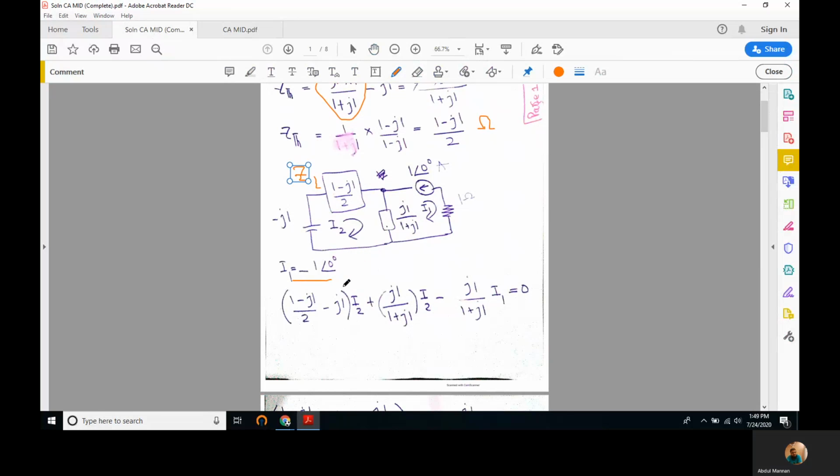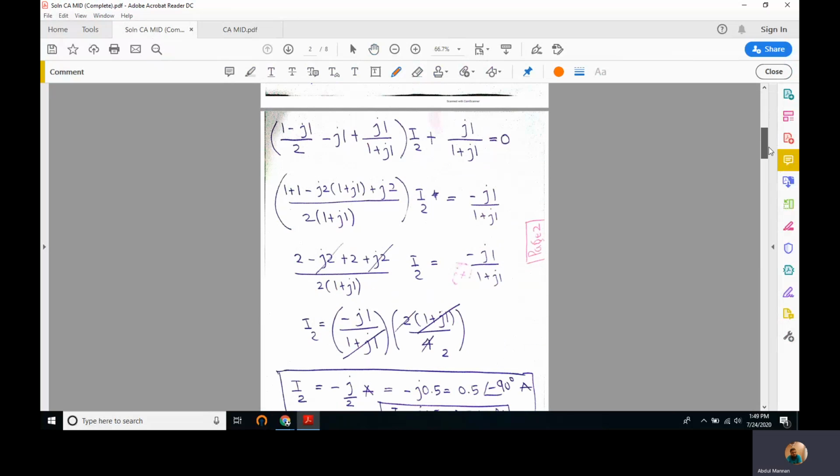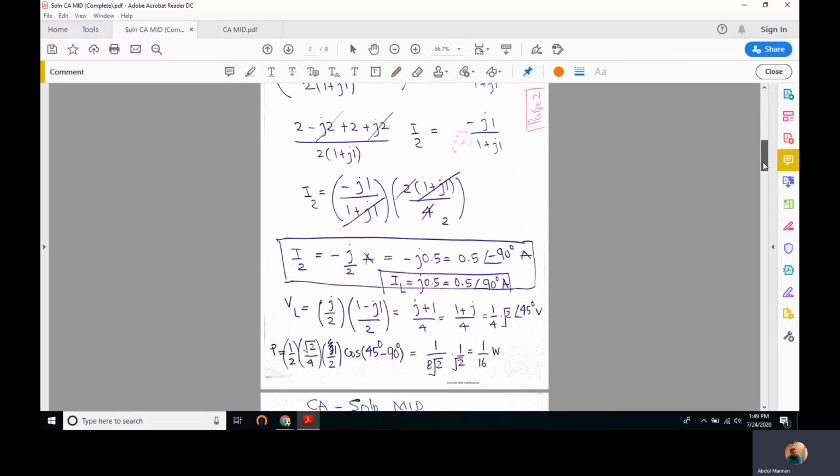We already know that. This is equation number 1, and for equation number 2, for loop 2, we have to write the equation with minus J1, 1 minus J1 by 2 and J over 1 plus J1. I2 current flows through these impedances clockwise and I1 counterclockwise. Therefore, put a negative sign here because I2 is going downwards, I1 is going upwards. So we'll write a negative sign with I1, and since we are in loop number 2, we'll assume I2 to be higher. Right, and then we have solved it using some basic mathematics involving complex arithmetic,